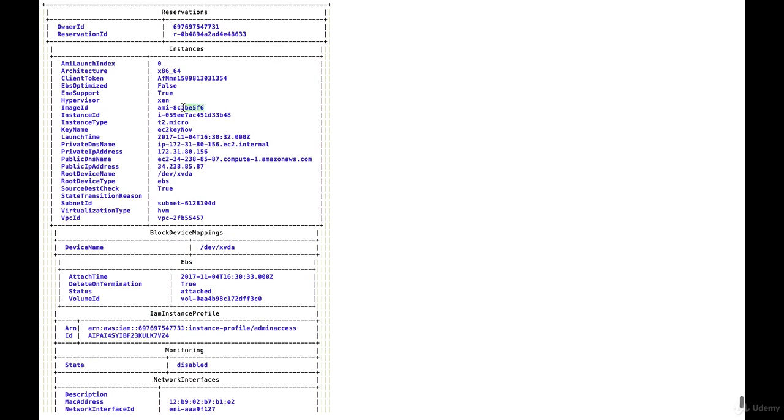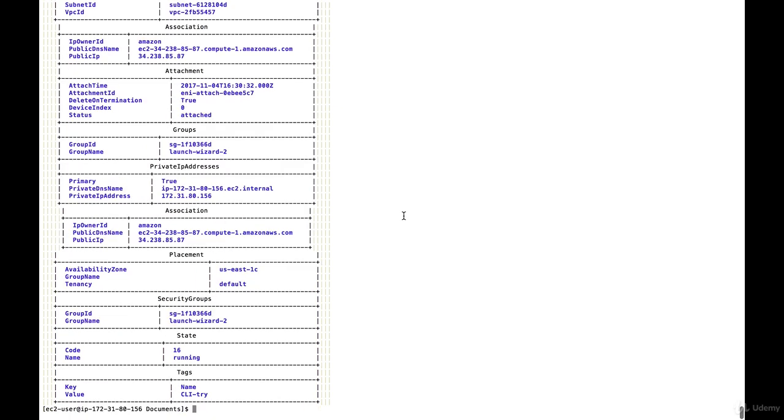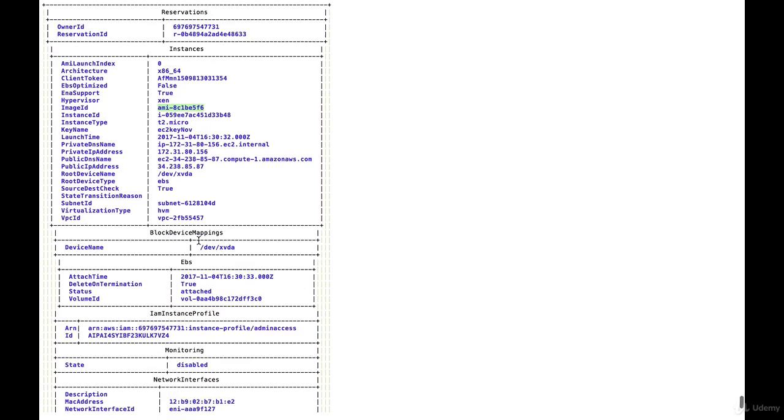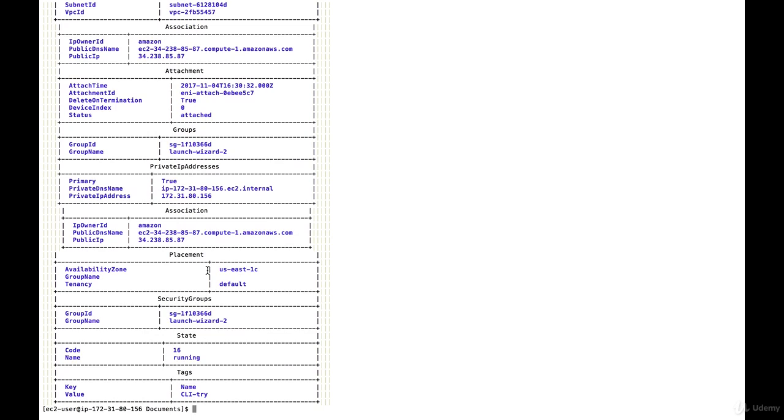So this is the AMI, the Amazon Linux AMI, and I'm going to create an instance. So far I only have one instance, as you can see. So instance, network, attachment, and so on, right? But I'm going to create an instance. Let me clear the screen first. aws ec2 run-instances, right? Run instances. Image ID,